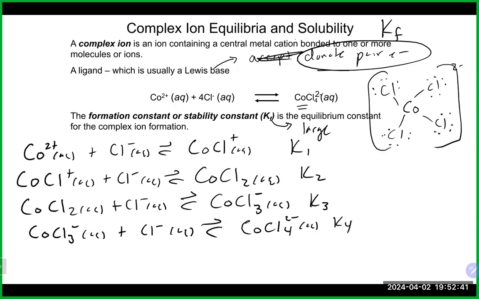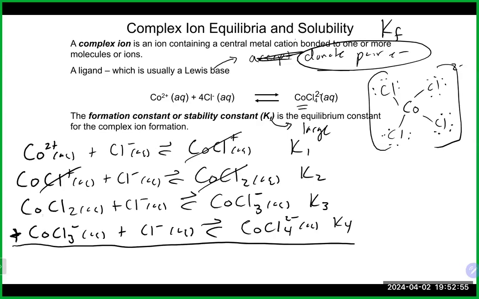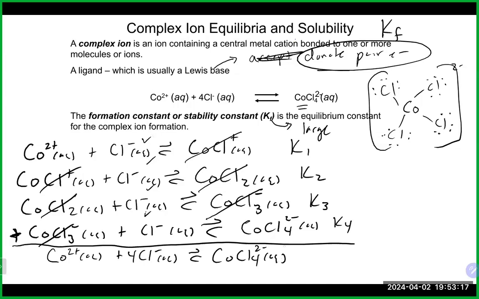And if I took all these reactions together and added them together, this would cancel, right? Opposite sides. That would cancel, opposite sides. That would cancel, opposite sides. That would leave me on the left-hand side one cobalt and 1, 2, 3, 4 chlorides, and gives me my complex ion. So what we're looking at in the above equation is really the overall reaction that's happening after all the ligands